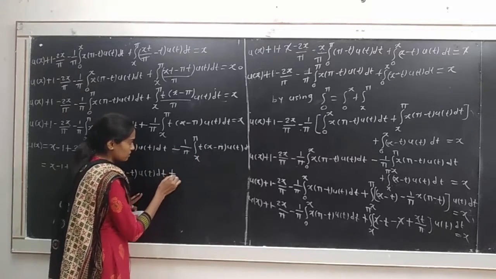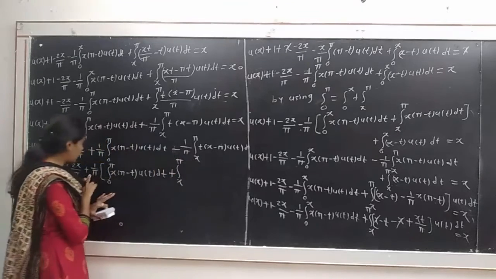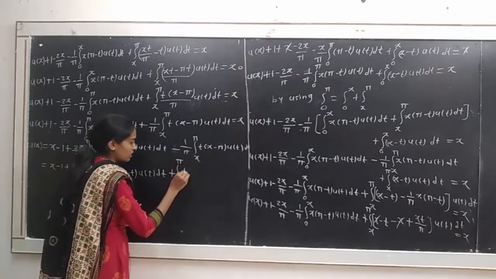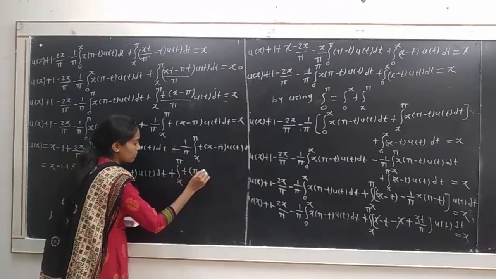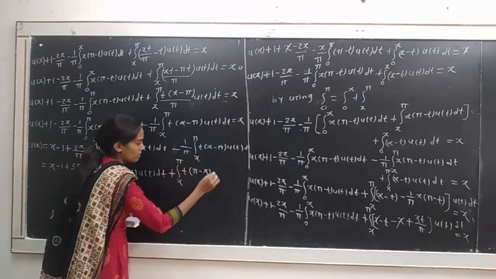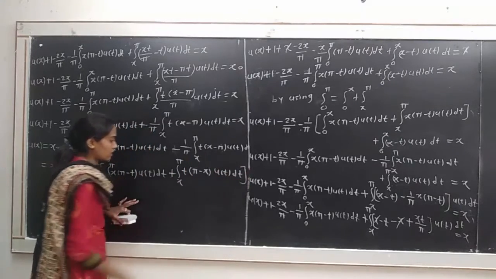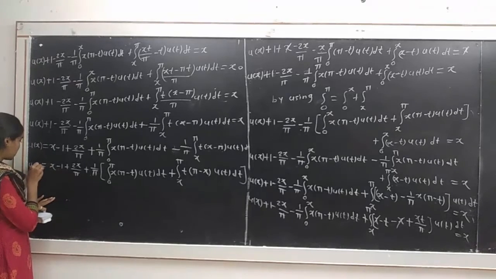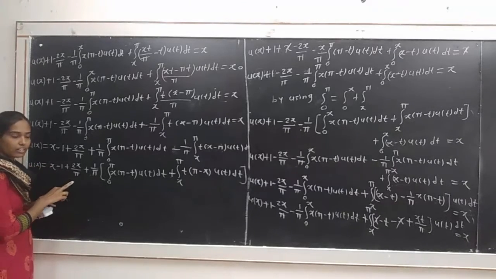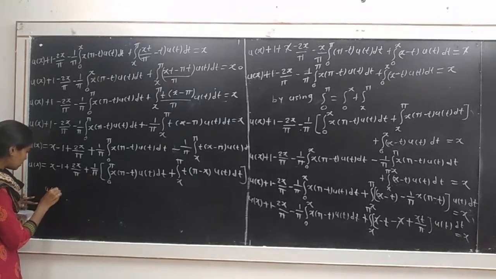Here we write plus, that is plus integration from x to pi. 1 by pi we take outside, then we get t, and this x minus pi becomes pi minus x. We multiply by the minus sign into u of t dt. Bracket complete. This is the Fredholm integral equation, or we can write this equation